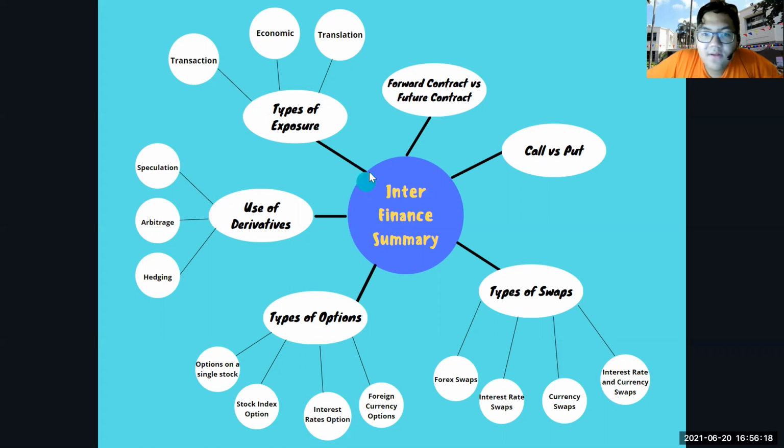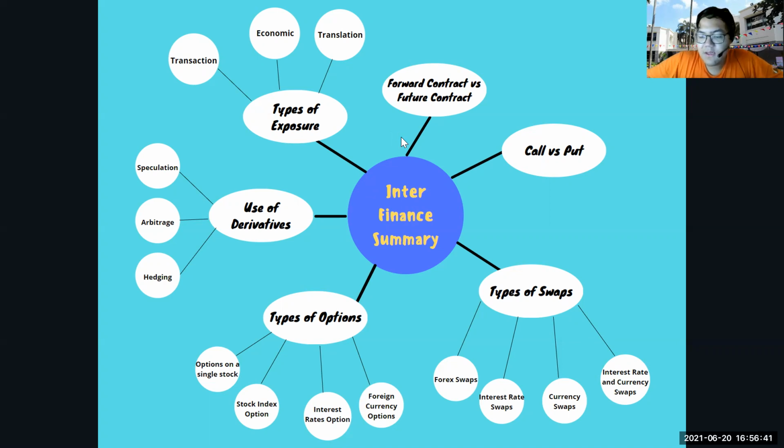Now let's talk about forward contract versus future contract. So here are the differences. Forward contract is a private and customizable agreement that settles at the end of the agreement and is traded over the counter. An example of forward contracts,